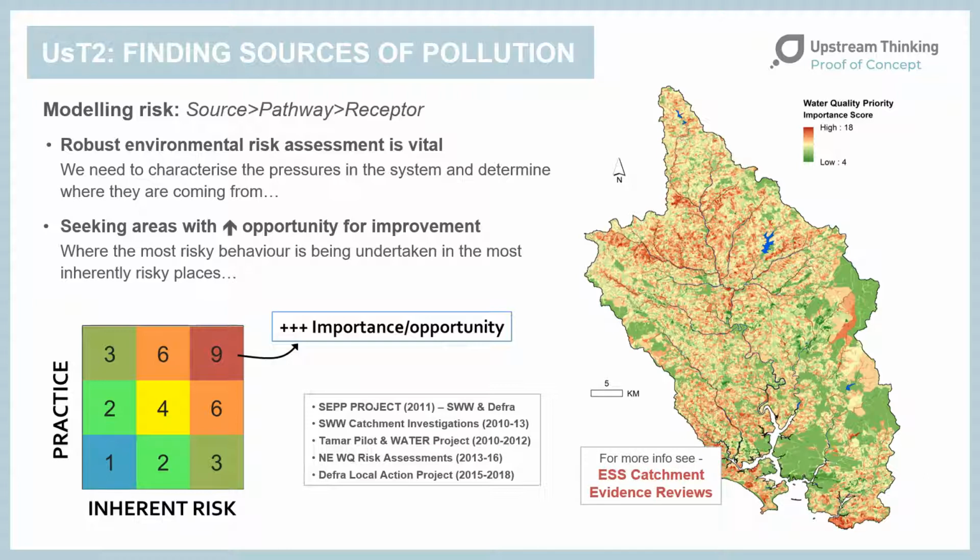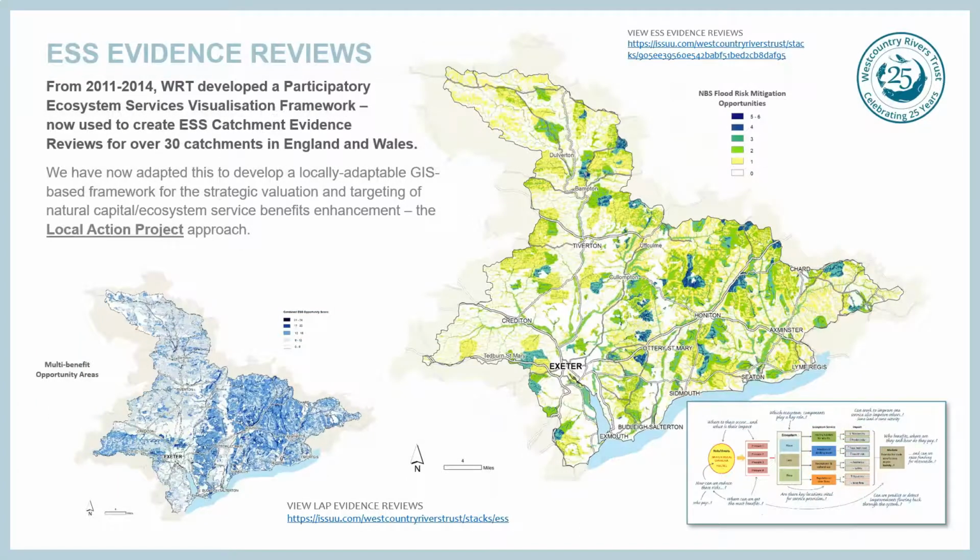So if you're interested in that, then you can look at the Ecosystem Services catchment evidence reviews that we've undertaken for certainly all the catchments in Devon and in certain areas of Cornwall and other parts of the country as well. There's around just over 30 catchment evidence reviews that we've undertaken, and here's an example of some of the outputs in the Ecosystem Service evidence reviews that we developed between 2011 and 2014,